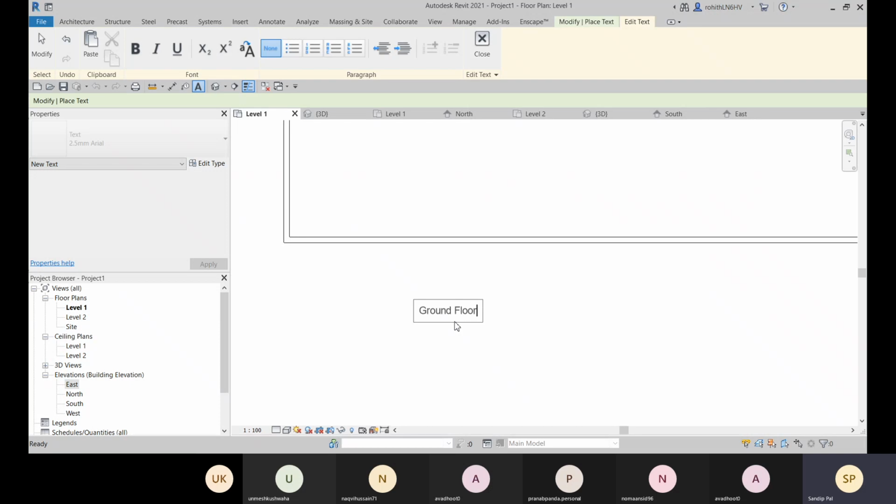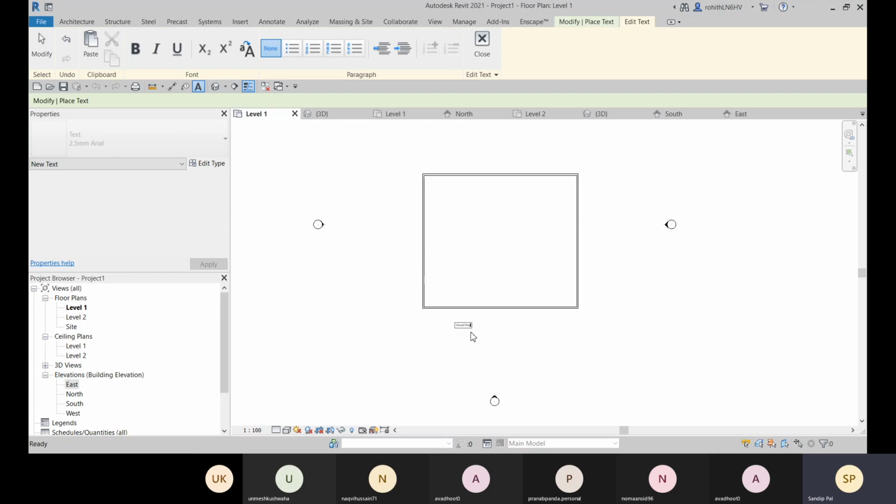Here I shouldn't mention it, I'm just showing you this as an example. So don't create this kind of text. This we generally create in AutoCAD, but this kind of text is not necessary to mention the plan view name here. So we can choose this text to place anywhere else.